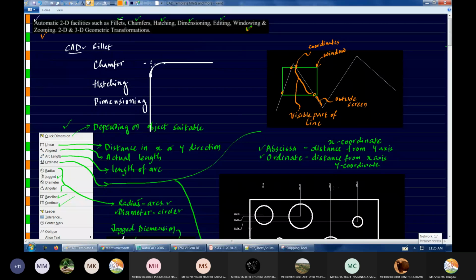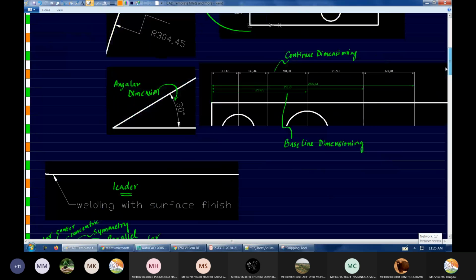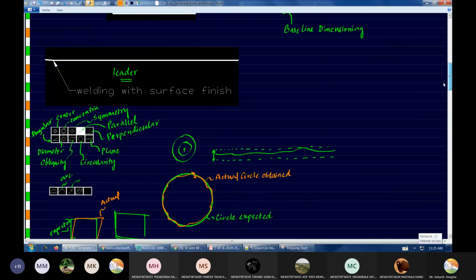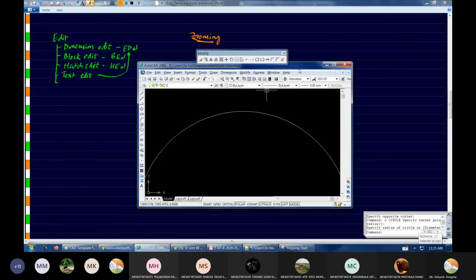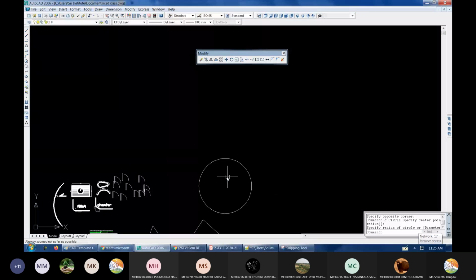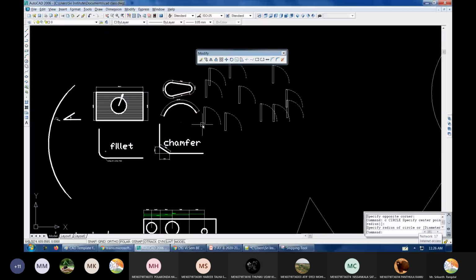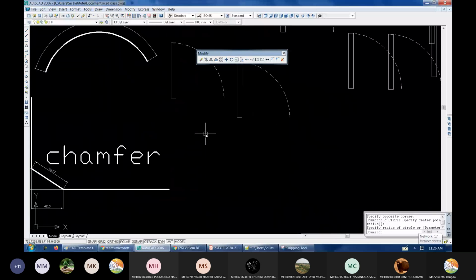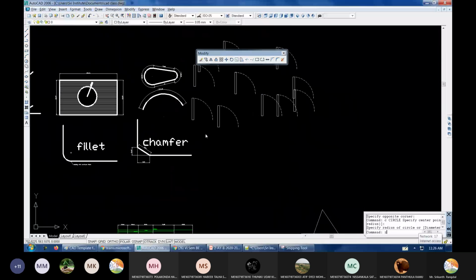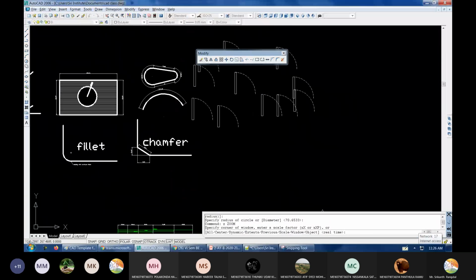Then lastly, the zoom. I guess everyone knows it. It's very simple to do nowadays. But in the old days, when the mouse did not have 3 buttons and only had 2, giving the zoom command itself was very difficult, and we had to give it carefully. Now we can just roll the scroller, the third button, and it will zoom in or zoom out. But if you go inside the zoom command, you can see that there are a lot of options.